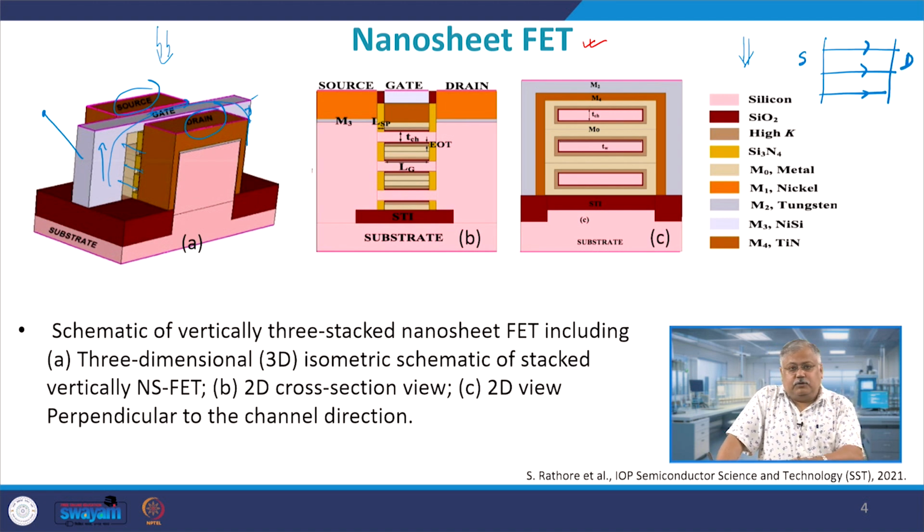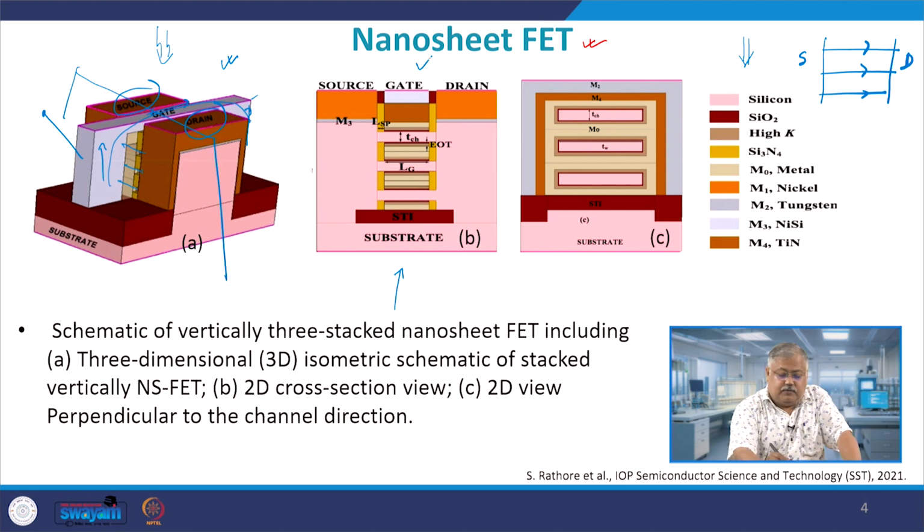So, typically I am showing you 3 sheets here. There can be 5 sheets, 7 sheets and so on and so forth. Now, if you look, this is basically a vertically stacked nanosheet FET, this one, right. And on the middle diagram, the second one is basically the cross section. So, if you cut it across this plane,